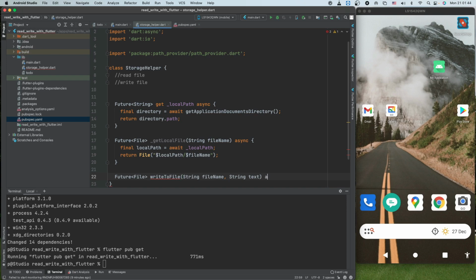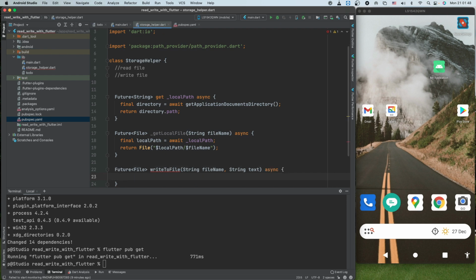Okay, now what we need to do is get a file, so we'll say final file equals getLocalFile with the file name.